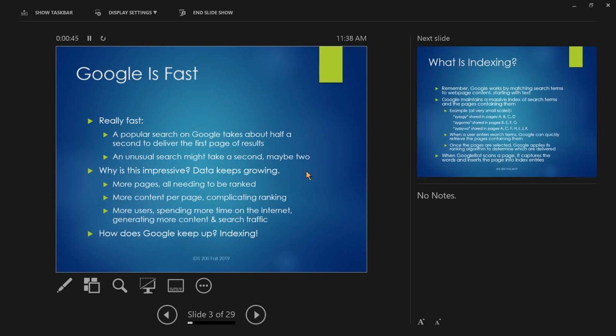Anyway, this is especially impressive because the volume of data keeps growing, right? All the time, there are more pages needing to be ranked. There's more content per page, which complicates the ranking process. And there are more users spending more time on the internet, generating more content and more search traffic. So everything on the internet, there's just that much more of it. So how does Google keep up? Well,